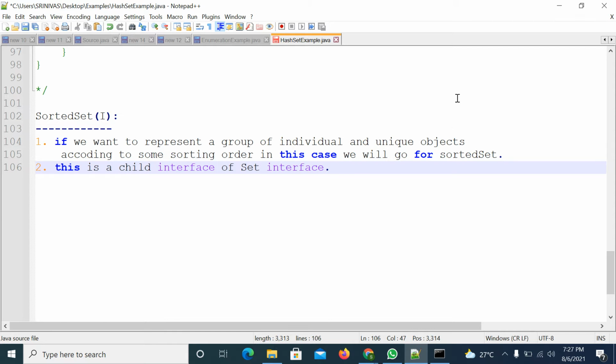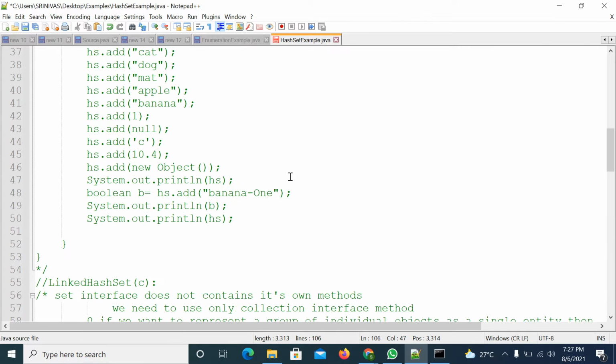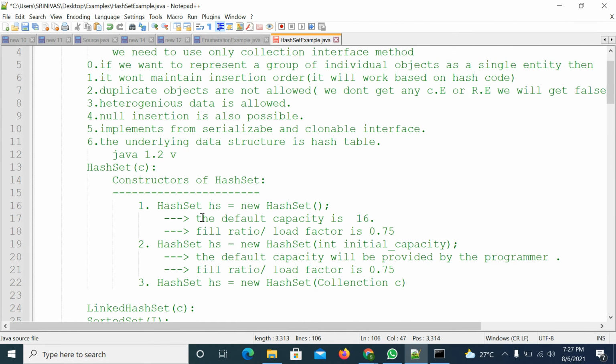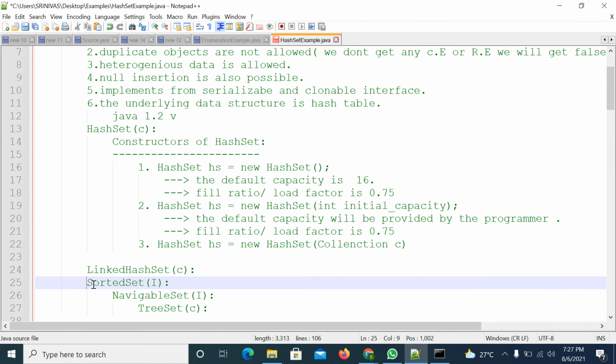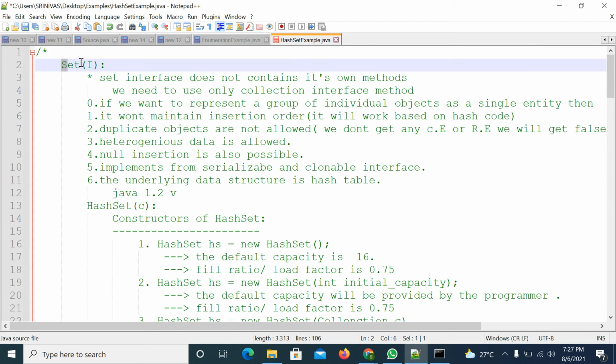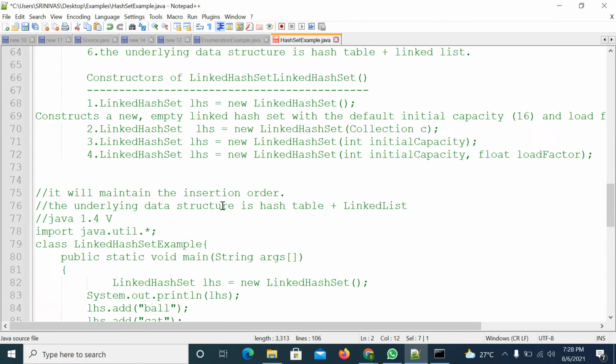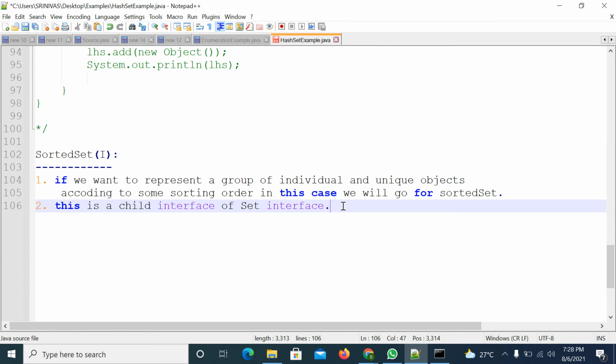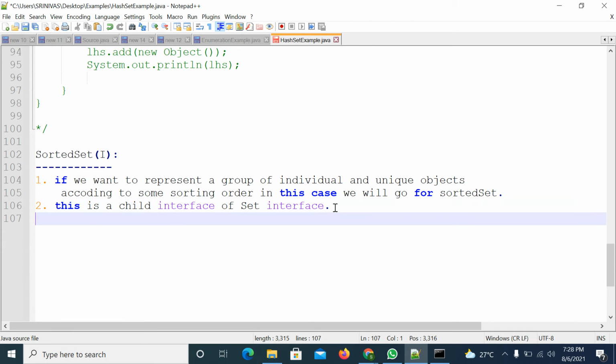See here, I wrote SortedSet here. This interface is part of the Set interface, that means a sub-interface of the Set interface. So now, what are the methods available as part of the SortedSet?